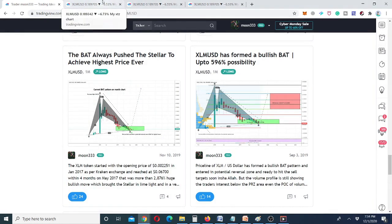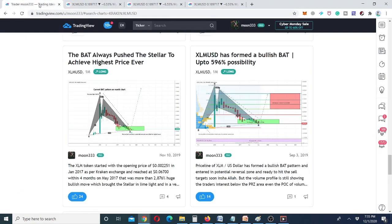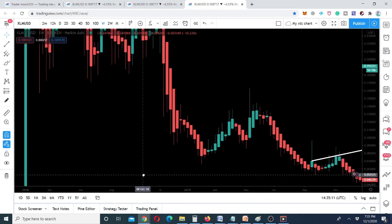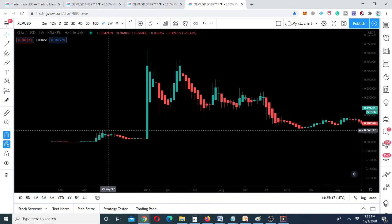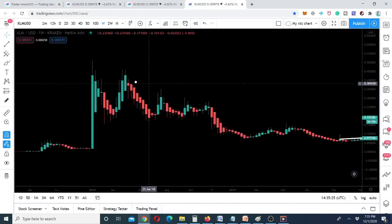But this is the bat pattern, and this is a kind of repetitive move that the price action of Stellar is making, like it did back in 2017. So that was the movement on the weekly chart that we have just witnessed here. You can see that this previous bat pattern, and the Gartley pattern as well, was on the weekly chart. But this time, this bullish bat pattern is formed on the monthly chart, that is far bigger than